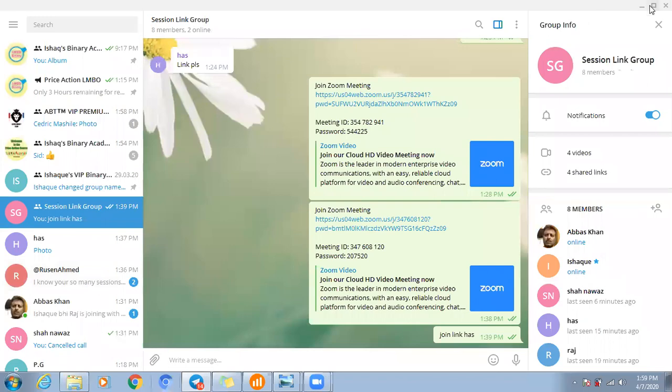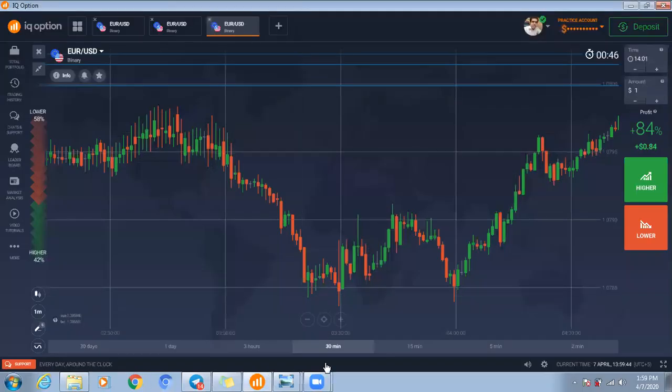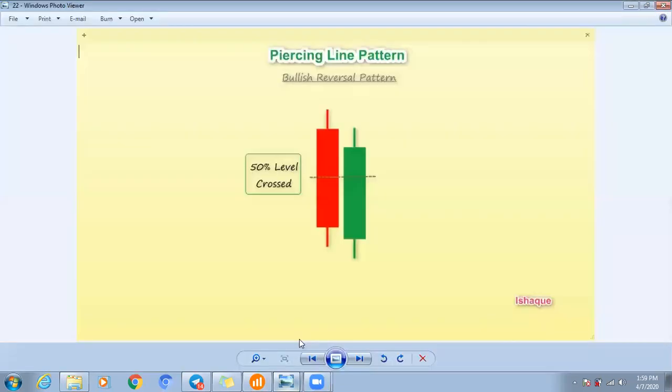Okay, now on these two patterns, ask me questions if you have any doubt, so that I can clear them. So one by one, ask me. Yes, I've got some questions. First of all, when you say a big candle, do you mean a very strong candle or an unusual candle?